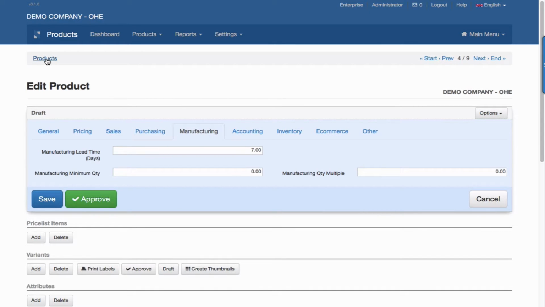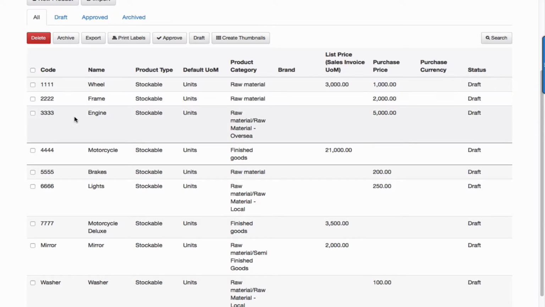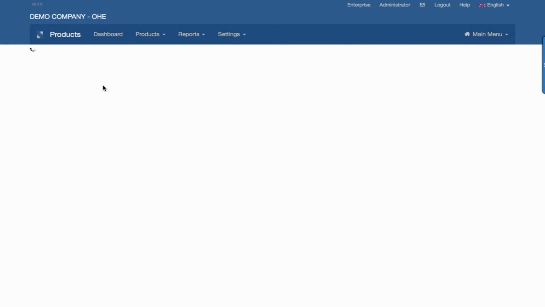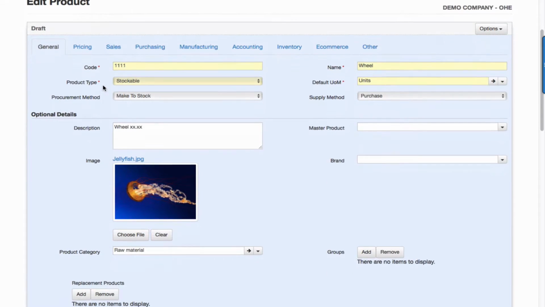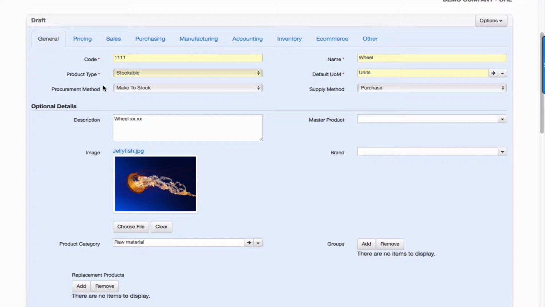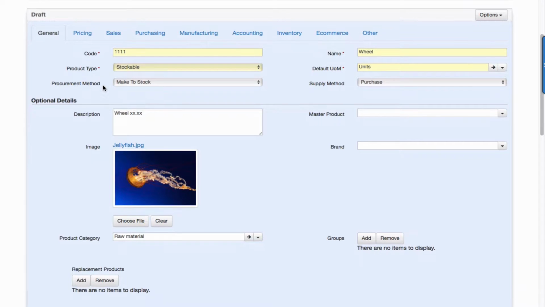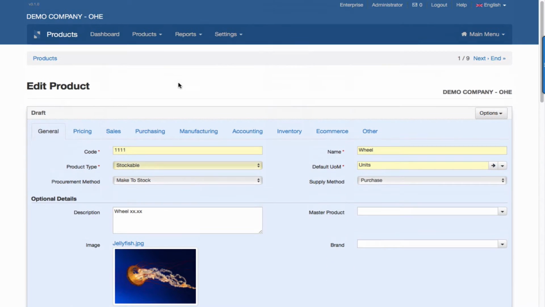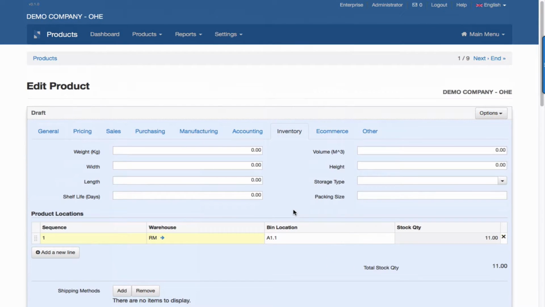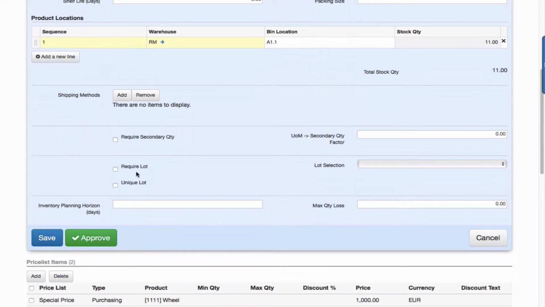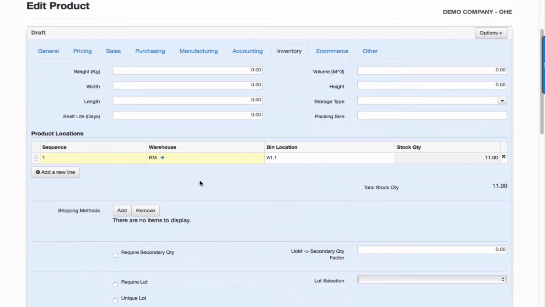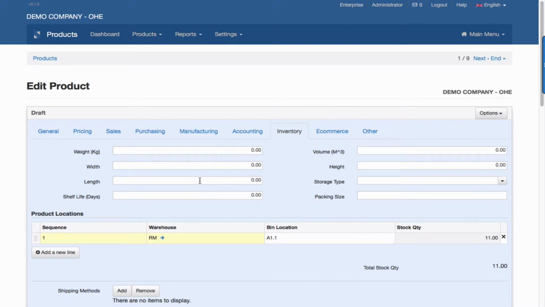Another important setting is the lot. If you have a lot or a serial number, it is not used for every raw material. For example, this is a wheel. When you go to the inventory tab, you will see there is no required lot and there is no unique lot. It's different with the finished good, because the finished good, the motorcycle, needs a lot when you enter that into